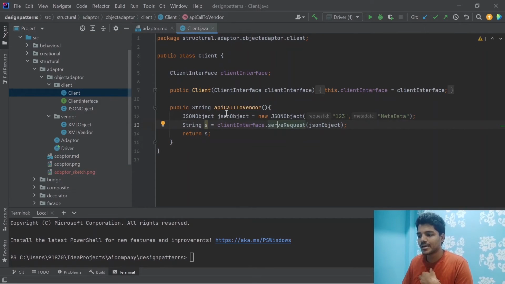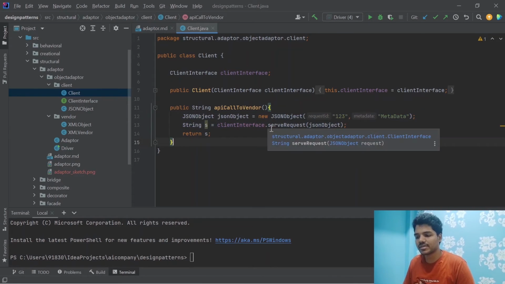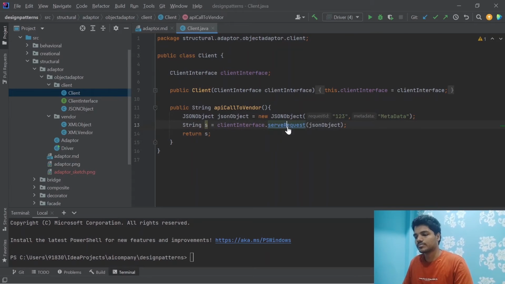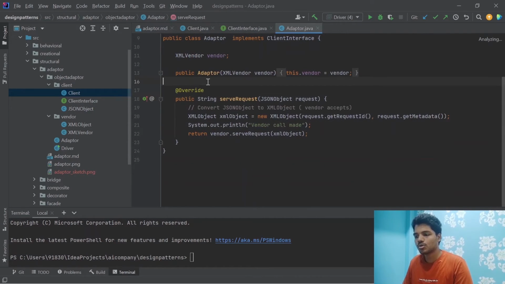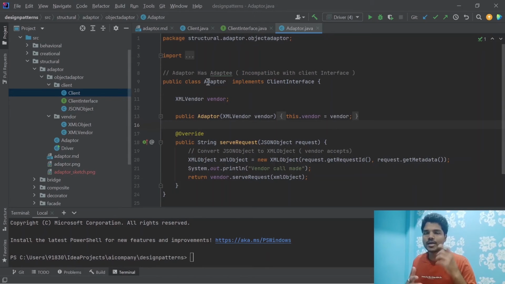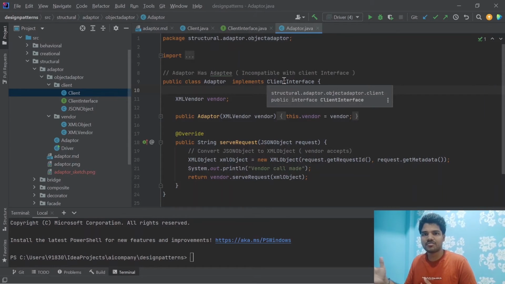Client is basically calling an API to a vendor. So the client has a JSON object. Client simply serves the request. So I need to write a piece of code that is nothing but an adapter. So I have created a class called adapter that implements the client interface, whatever request the client is calling,